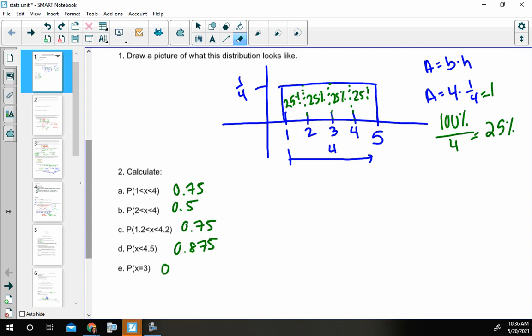All right. So, here are our answers. The last one is a trick question. You can't find the area of a straight line. So at x equals 3, there's no actual range, which if you take AP statistics, she'll get into discrete and non-discrete on why that is 0 for that one. So that one's a trick question.